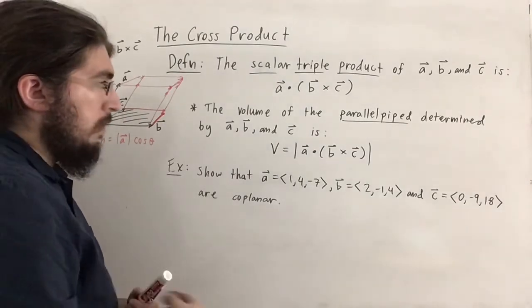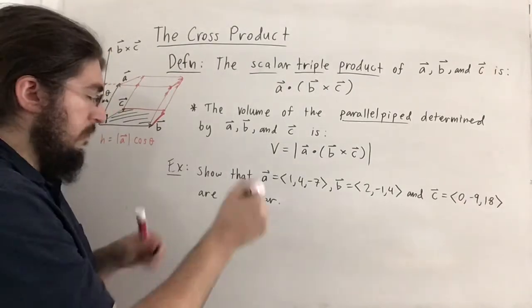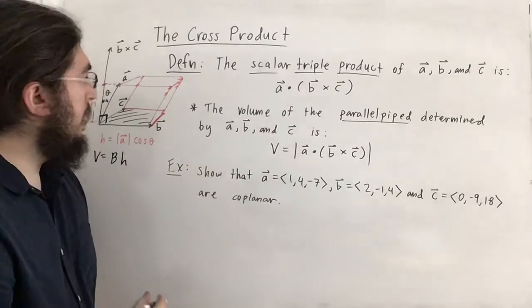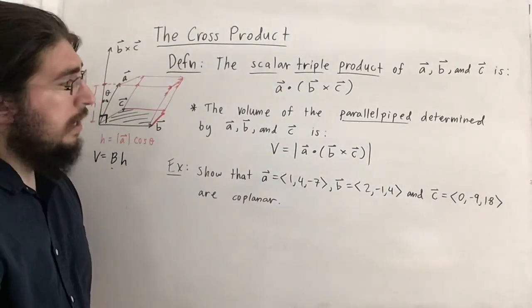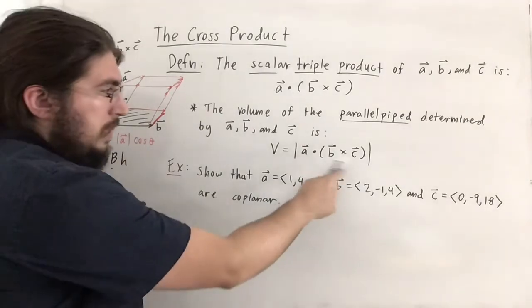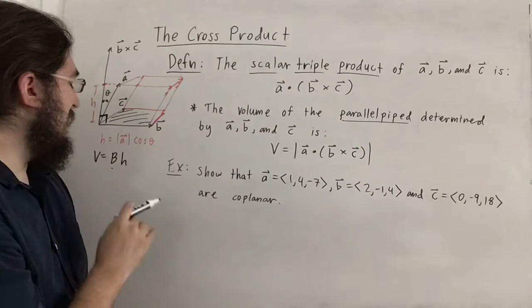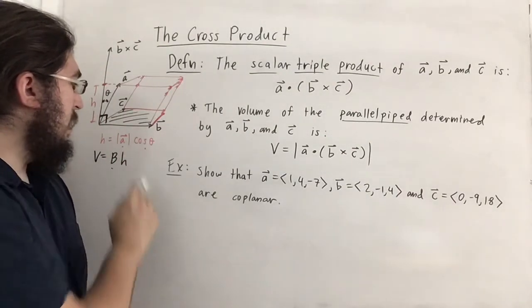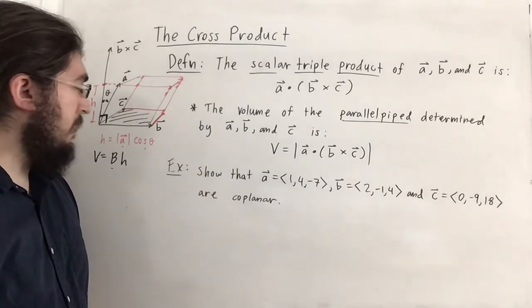So really what we're saying is that this volume is the base area times the height h. But since the base area is the magnitude of the cross product of B and C, and since h is the magnitude of A times cosine of the angle, then what we end up getting is,